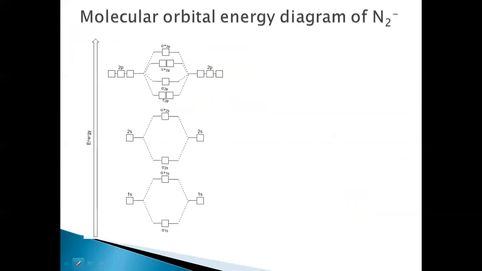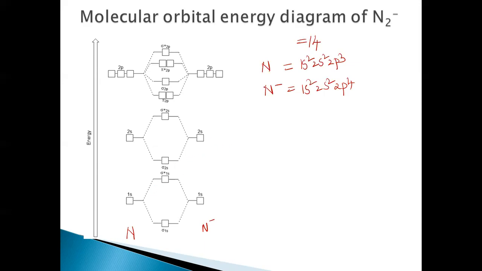When we look at the molecular orbital energy diagram for N2 minus, that is between N and N minus, which has one extra electron, but the atomic number is the same, that is 14. For atomic number less than 14, this is the filling up of the orbitals. That means the energy of the orbitals increases in the following order: pi 2p comes first compared to sigma 2p. Right. So when you write the electronic configuration of N and N minus, here 1s2, 2s2, 2p3. Here we have one extra electron, that is 1s2, 2s2, and 2p4, since there is a negative charge on this nitrogen now.